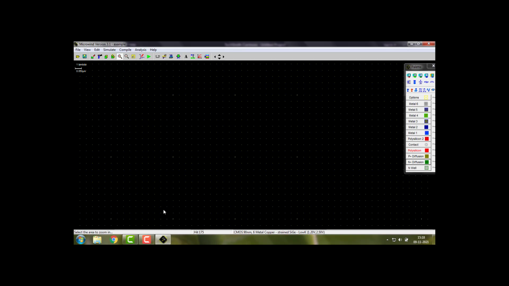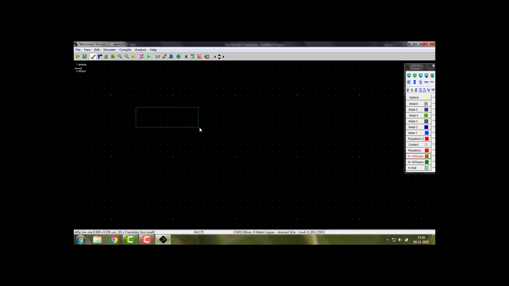So I want to do the layout of inverter. You probably might have done it in the assignment. Also I have discussed it in the classroom. So let's start with P diffusion. If both NMOS and PMOS transistors are equal size, we may not be able to get equal rise and fall time. However, for demonstration purpose, initially I would like to go for equal size.